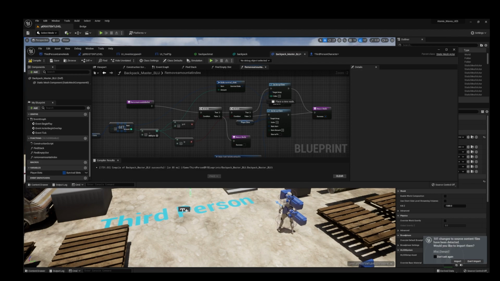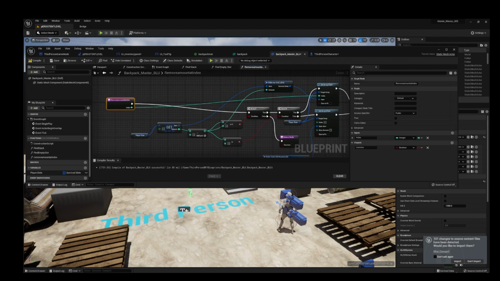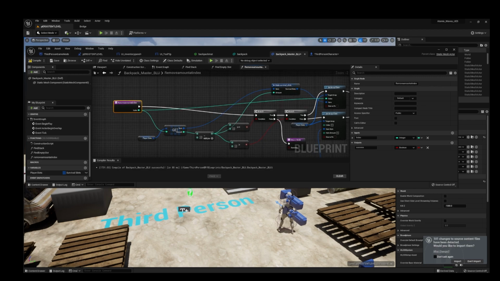So let's get our index here and connect it over to our remove index over here. And then let's connect our index over to here, like so. Now, if you're not using pins, you're going to get your index and drag it over to this index as well. And then we're going to get our amount. We're going to drag this one over here to our remove amount at index, like so. And now we're going to rename this B here to amount.